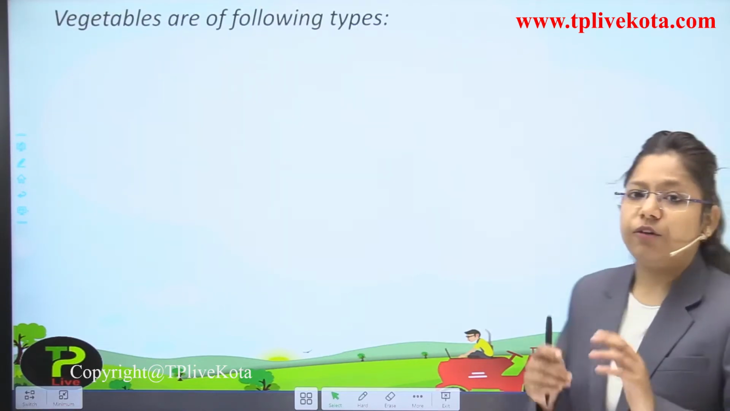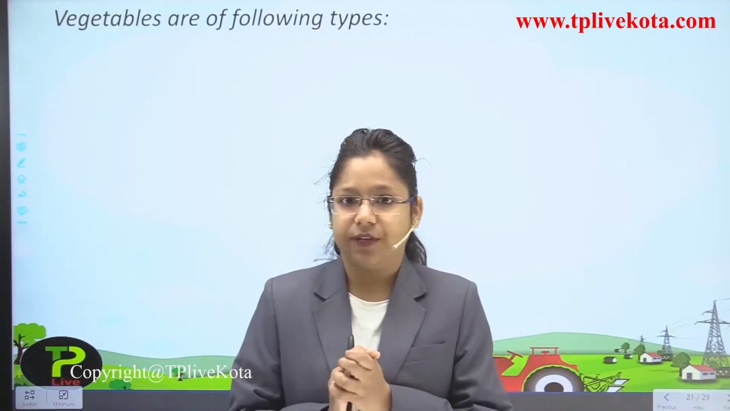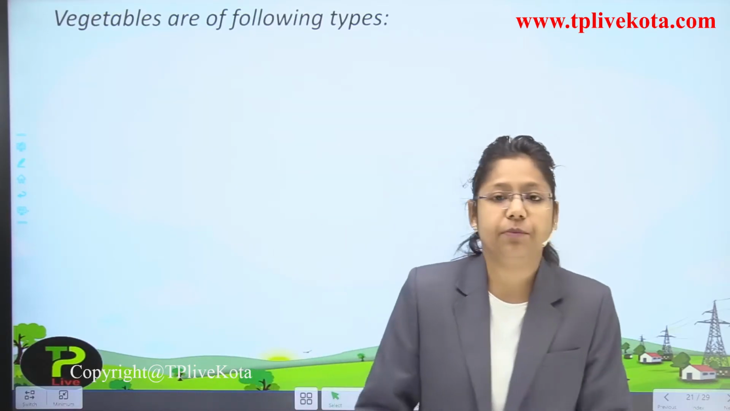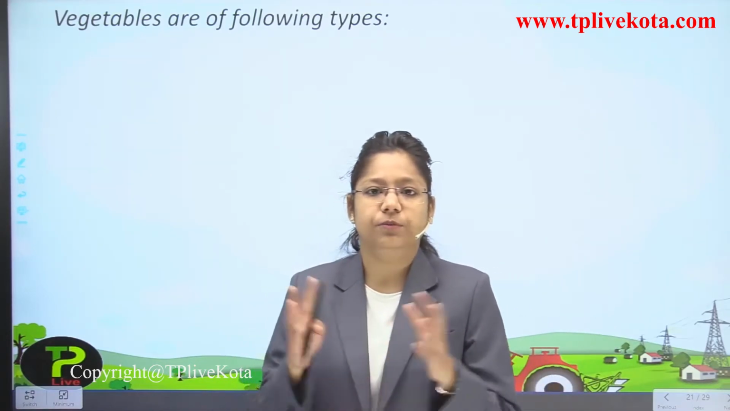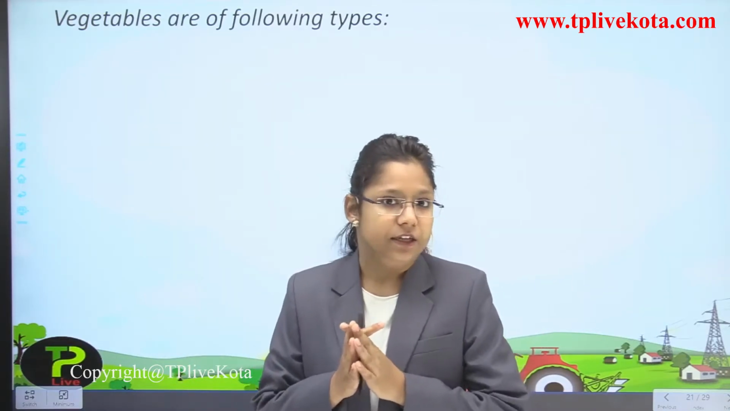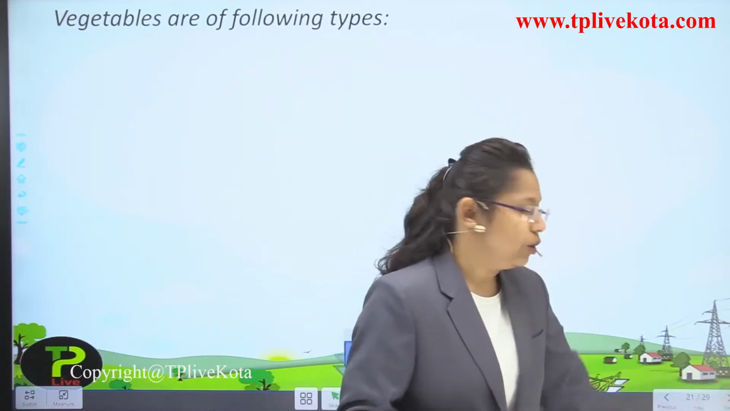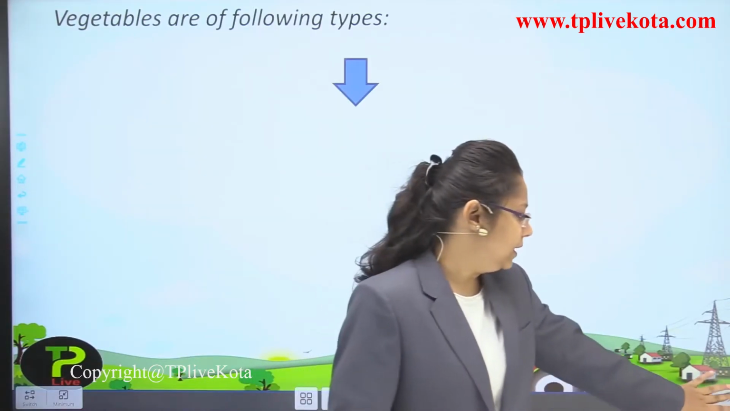Vegetables are of the following types. Now you should know the types of vegetables which we eat. They can be from the root part, they can be from the stem part, they can be from leaves. Any part we can eat, depending upon the type of material they contain. So the first part that we see is